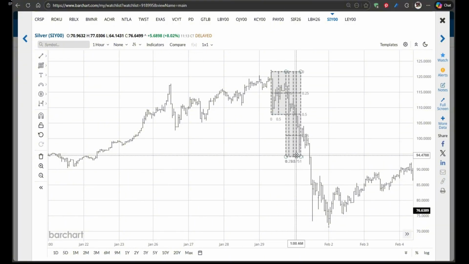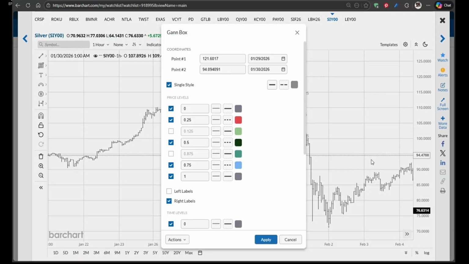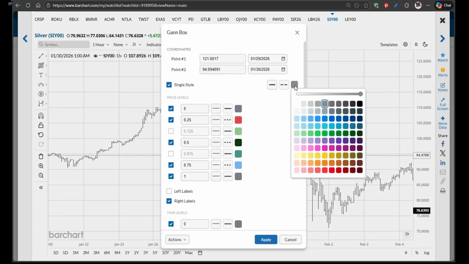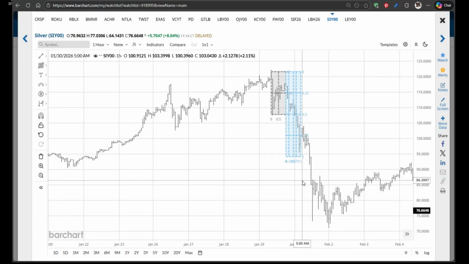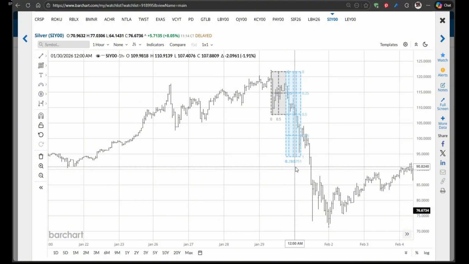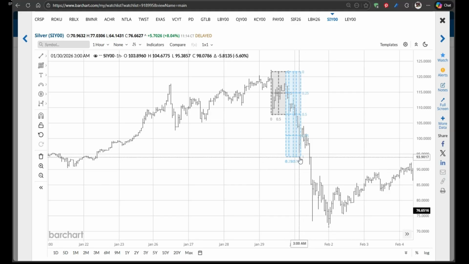All right, so here's our new box window. Let's change the color so you can see it. Let's go with the light blue. Okay, so this is our next window of time, and we stayed within that next window. Again, this was our potentiality low, right? Once we knew it broke out of time or price. And then it held for a second. It didn't actually get down there. It looks like this was the actual low, so it fell short of it,